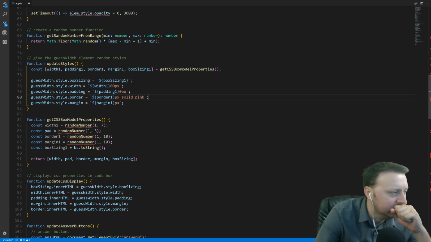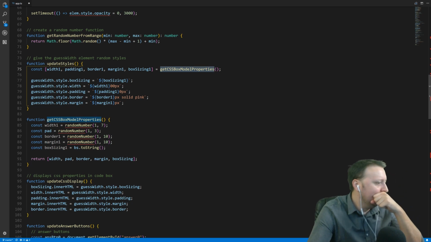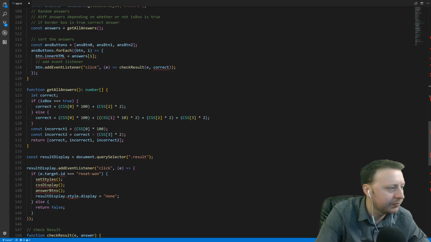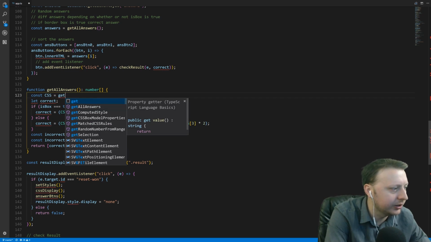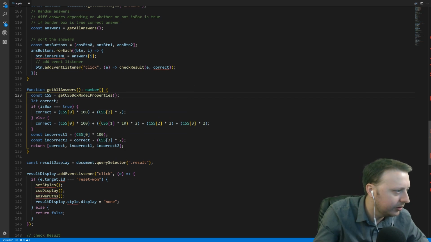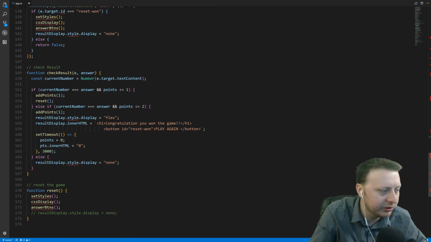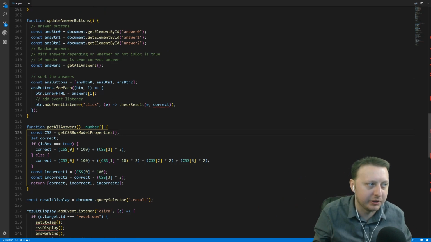Now we've gone and created this item here, and where we're going to be using those CSS properties, let's go ahead and find the CSS here. Here, we can go and say const CSS is equal to get CSS box model properties, like so. We still have access to them. We've eliminated a global variable, and in our functions, we've eliminated side effects throughout the entire application, where we have